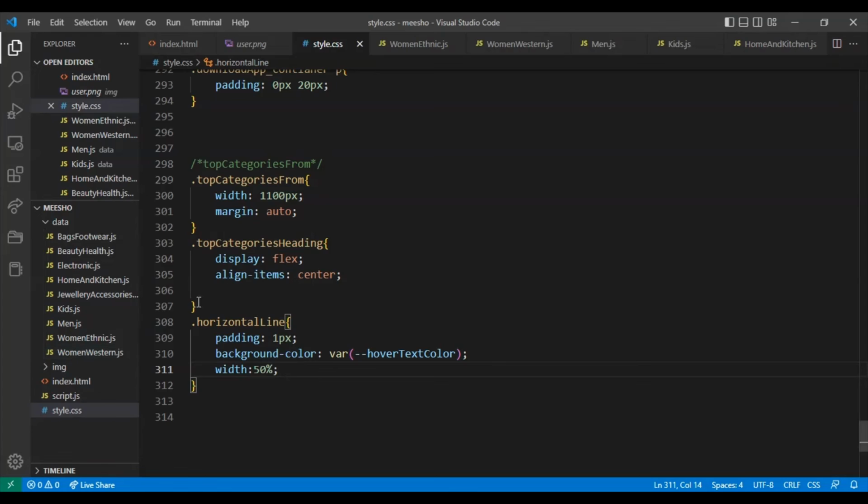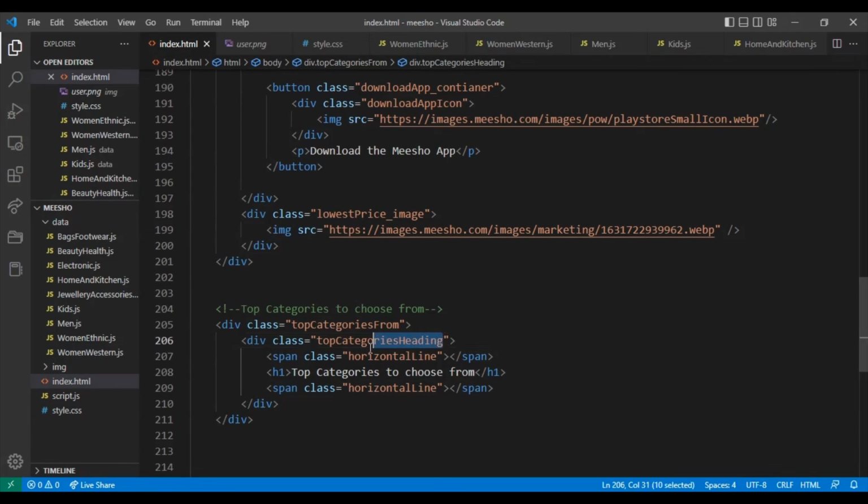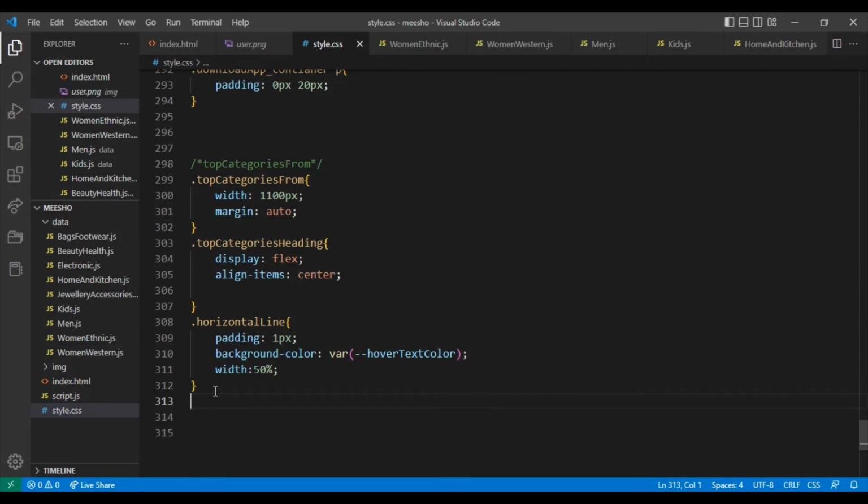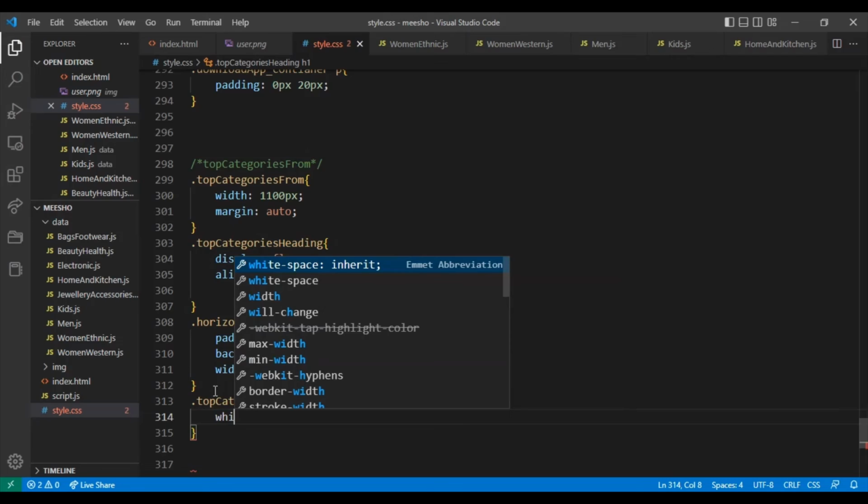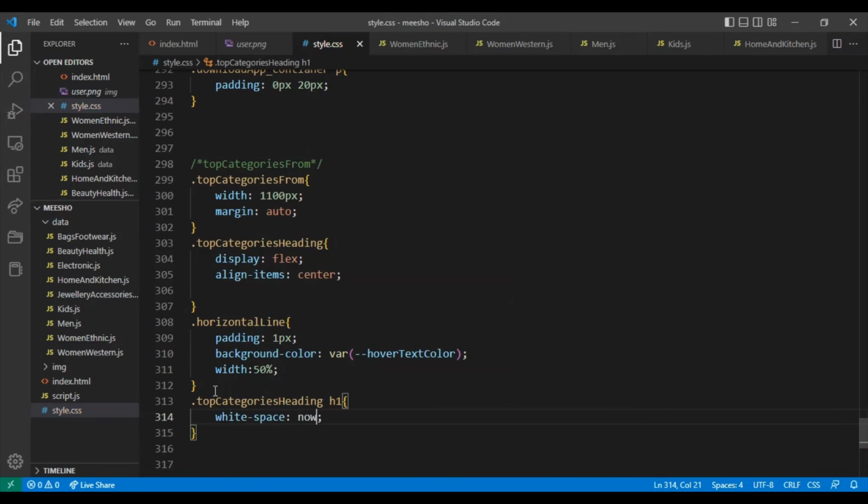For that, this one is a heading. Here cut this, copy this, come here, and here give the h1 white-space none, control plus n, and here give the